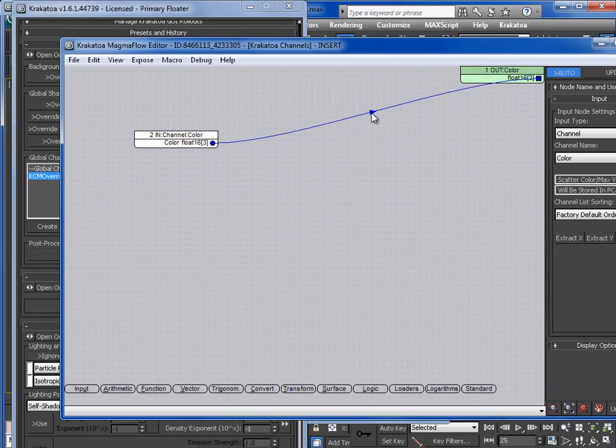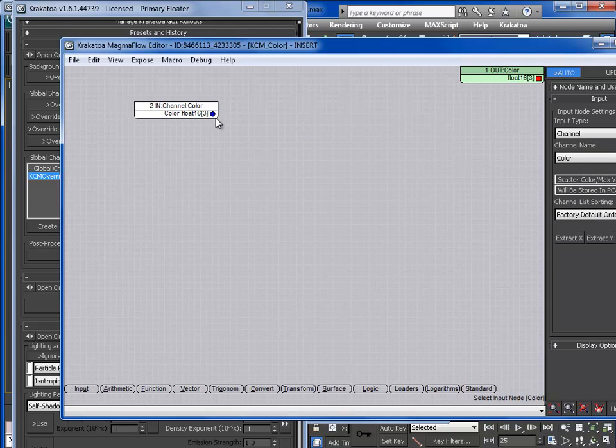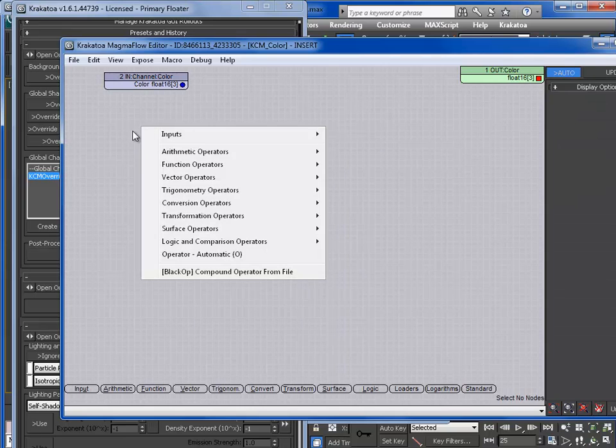Now we have the input color that is from Particle Flow, that is the cellular mapping that we saw before. So this is stored in this color. This will come as input. By default it will use this input as the output, but we want to blend it, to mix it, and for this let's